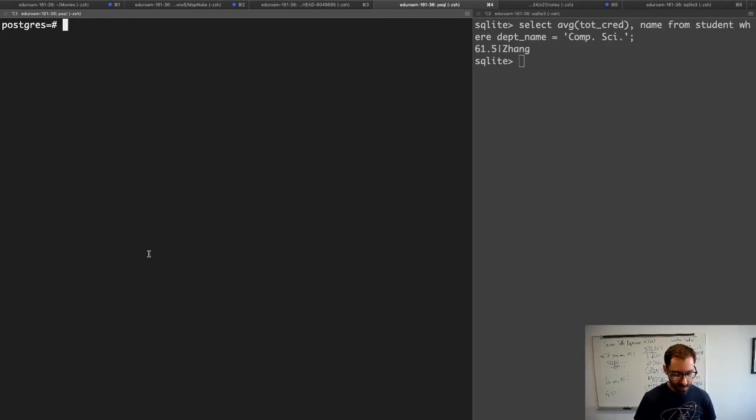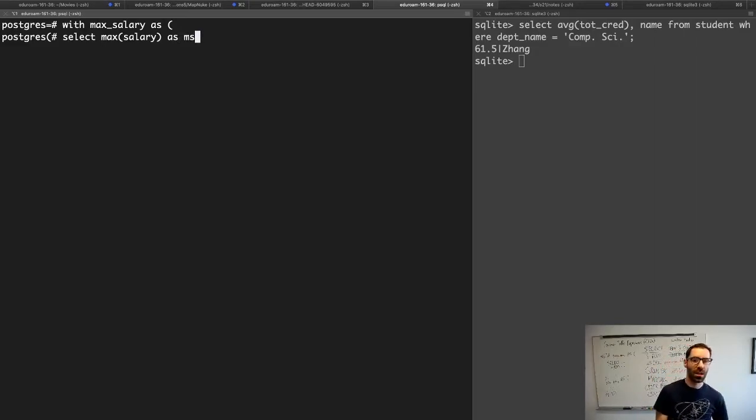So I could say something like WITH max_salary AS, and inside here I want to select max salary. I'm going to rename this max field so I can refer to it later on. I'm going to give it a nice name: max salary AS MS, department name,